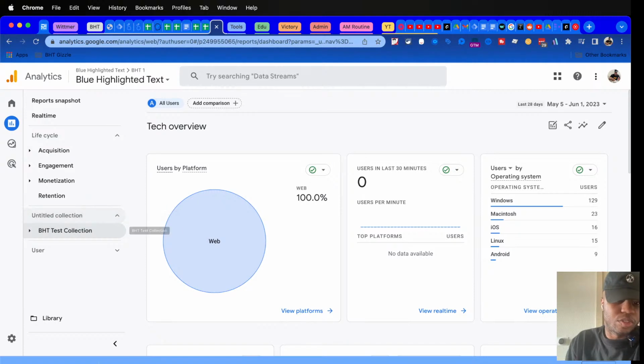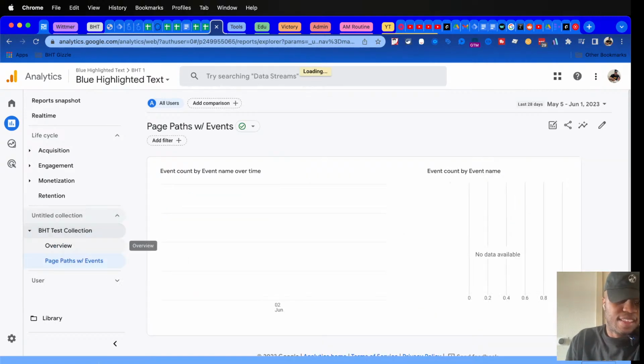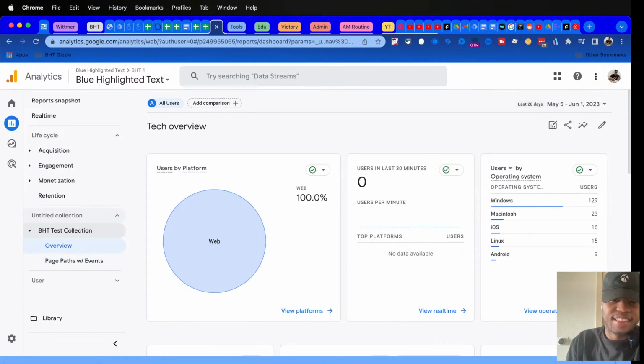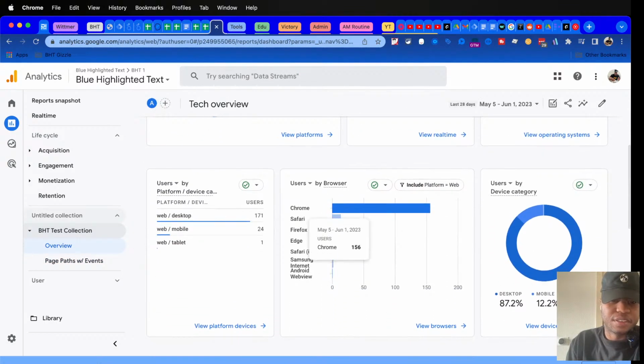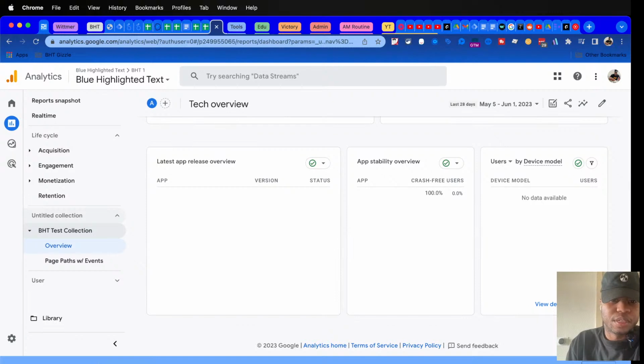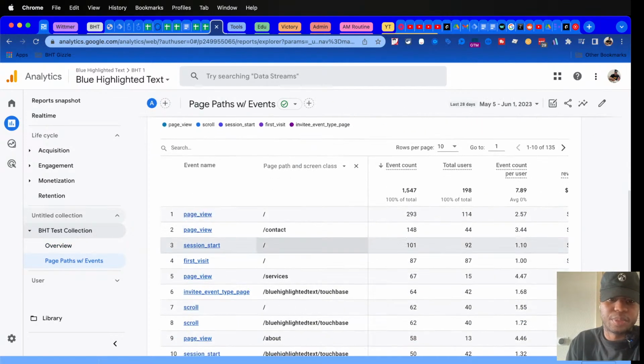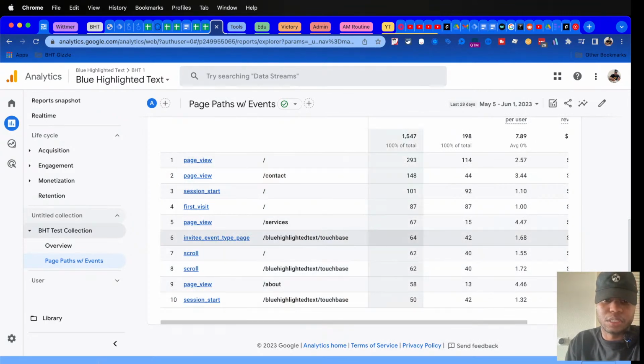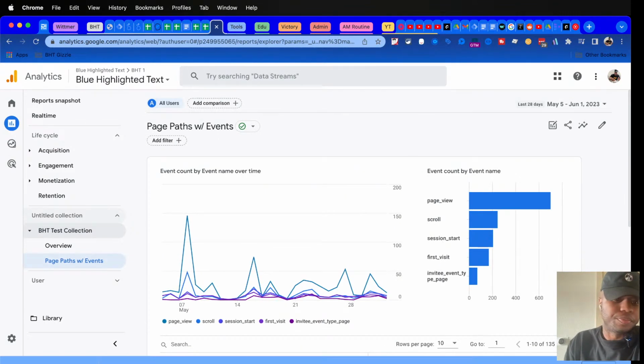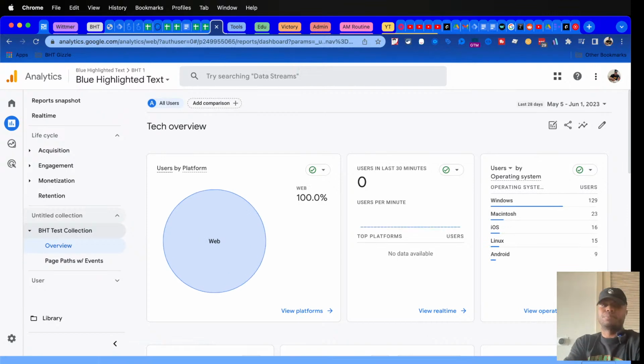And I've also got this user tech thing, which is interesting. So this is the overview, tech overview that we talked about. Okay, got it. And then these are page paths. This is the same one I just set up. Beautiful. So this could be huge. I'm going to do this for my clients when I get back. I think a big piece of it